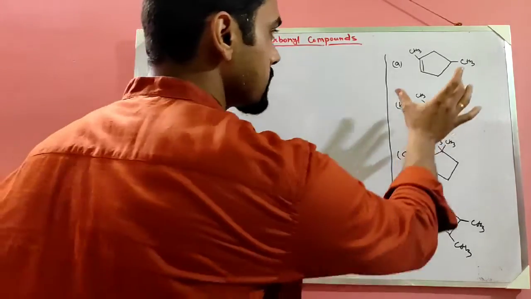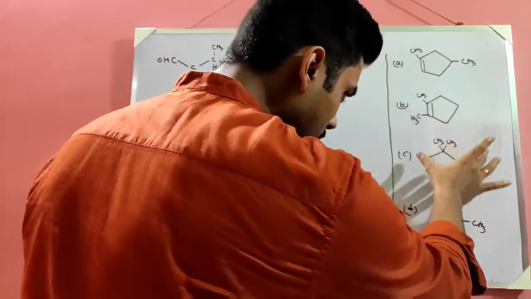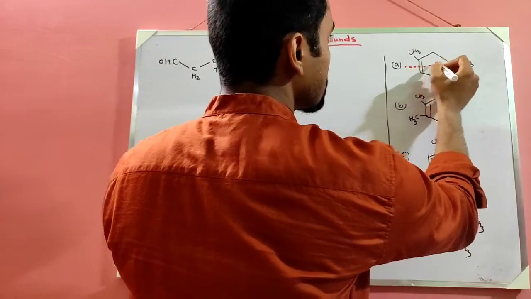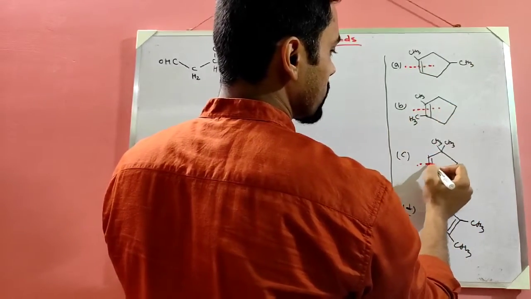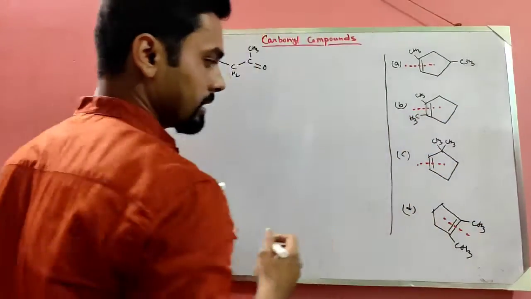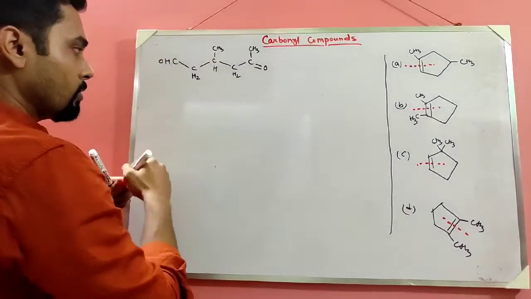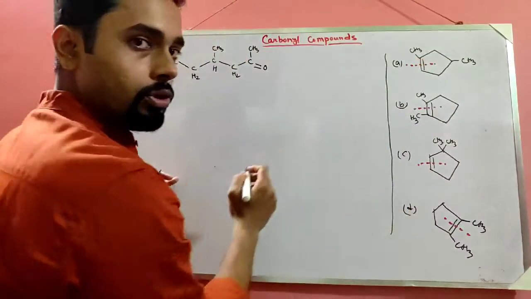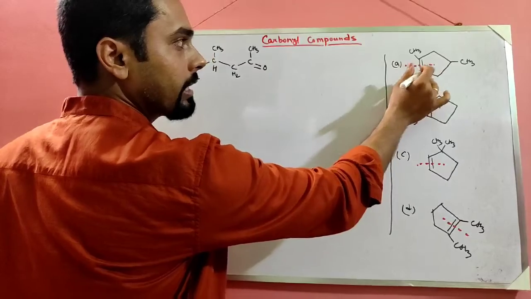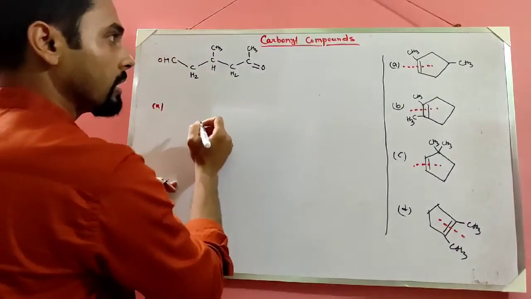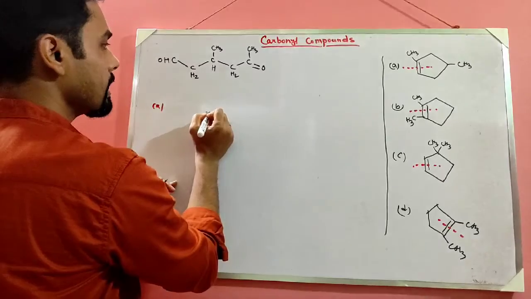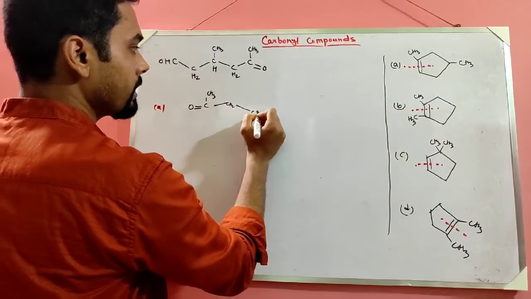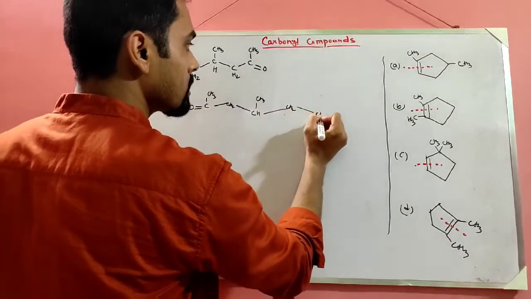Initially I start with the simple way, that is take the compound and break it at the position where the pi bond is situated, that is where the double bond is present. Okay, so compound A, after breaking of this bond we will get a double bond O here, and here also a double bond O will occur. So CH3, sorry, CH3 CH2 C double bond O, CH3, CH2, CH double bond O.